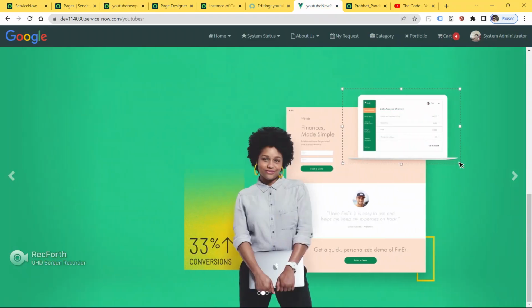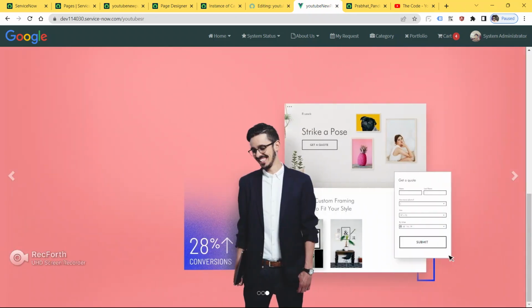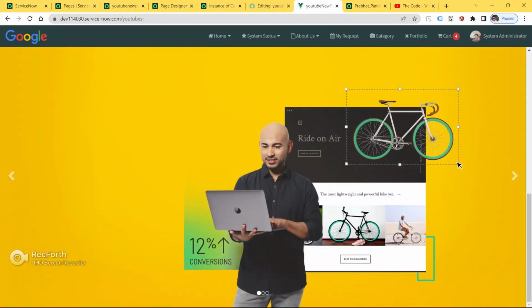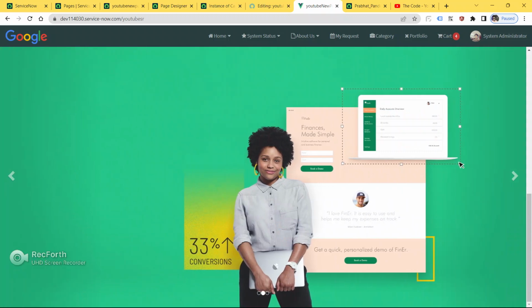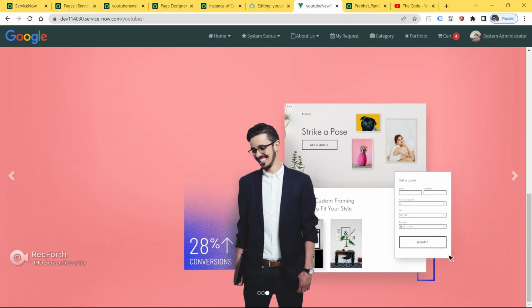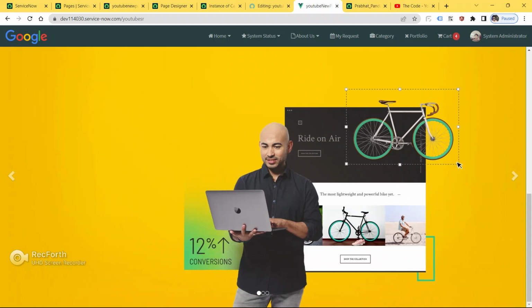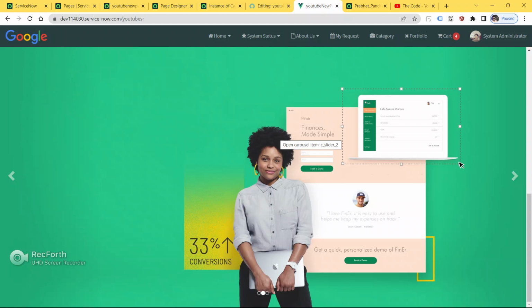So we have made our custom widget guys. I have already explained to you guys, don't do modifications in out of the box widgets, pages, business rules, client scripts, or client includes. Don't do any kind of modifications in out of the box guys. If you want to do modifications, just clone this widget or this code, then do the modifications.